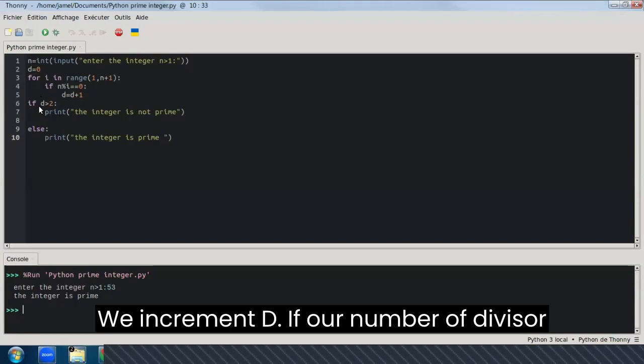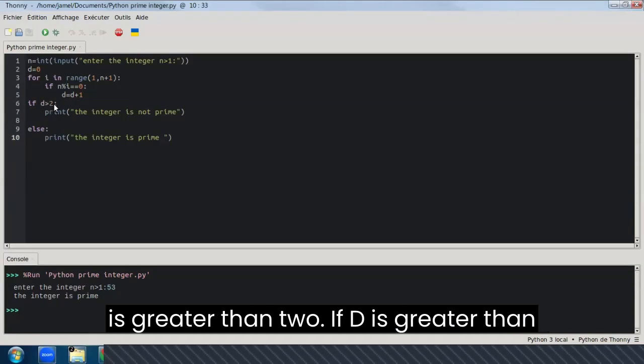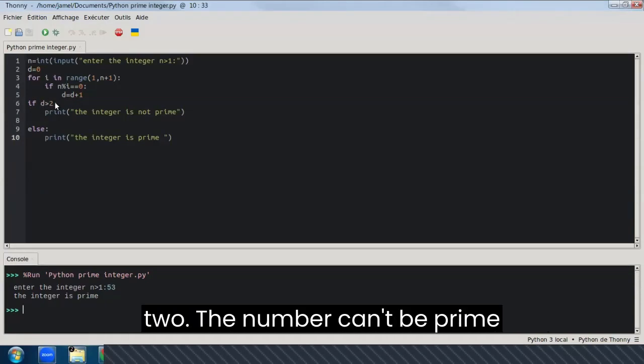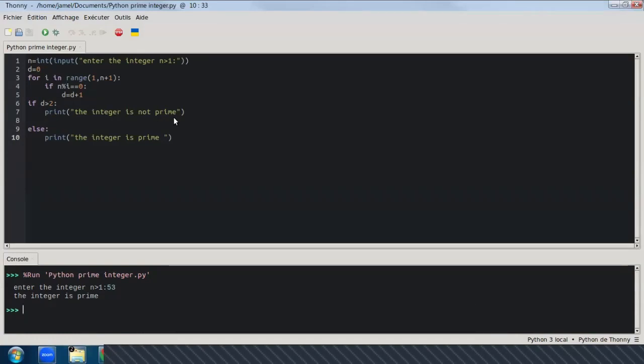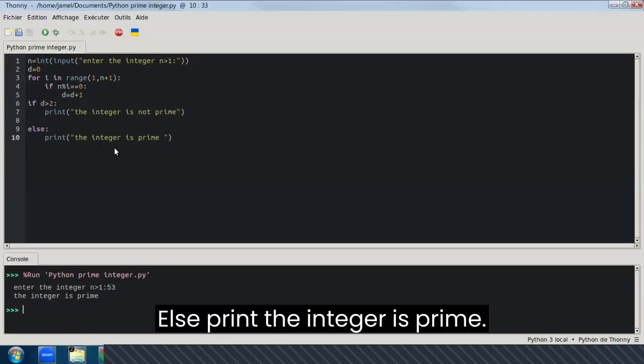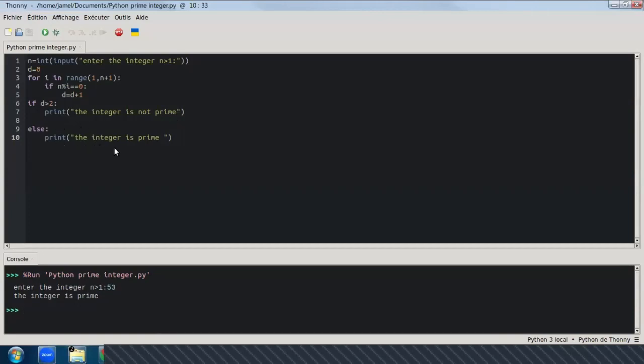If our number of divisors is greater than 2, if d is greater than 2, the number can't be prime. Print the integer is not prime. Else print the integer is prime. Let's try it